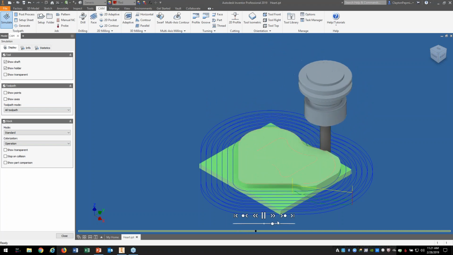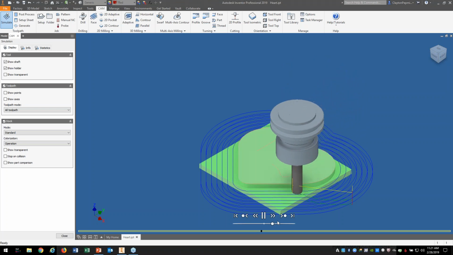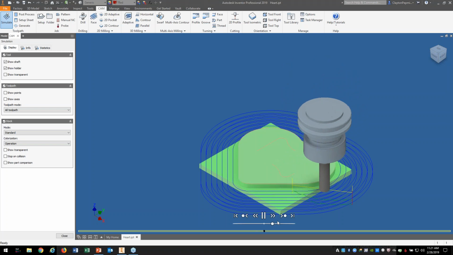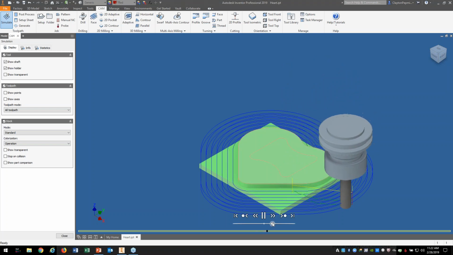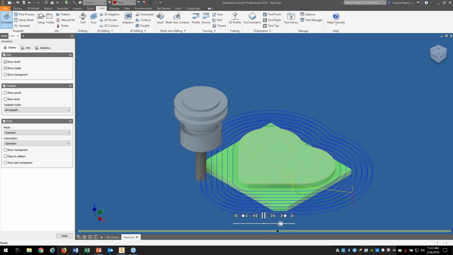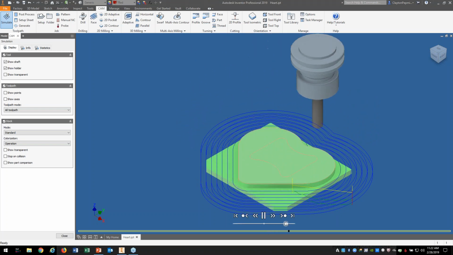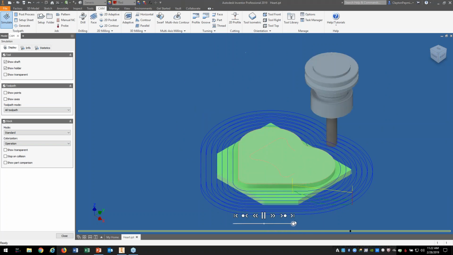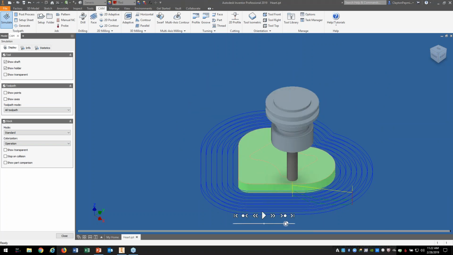Now, if you're not the person running the machine, which I know a lot of you just do the programming, you don't actually do the running of the machine, you can't tell the operator, speed it up, slow it down, speed it up, slow it down. So the operator is pretty much stuck with the runtime that you give him. So speeding that on up, you can kind of see it does machine the entire part,